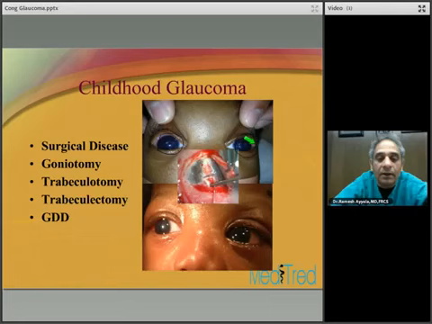And even though it's been described as three distinct entities, now it's recognized that this is just a continuum of the same disease process. The milder version of this would be the posterior embryotoxon, and the more severe version would be the Rieger syndrome. Peters anomaly or Peters syndrome is associated with angle malformation with central iris